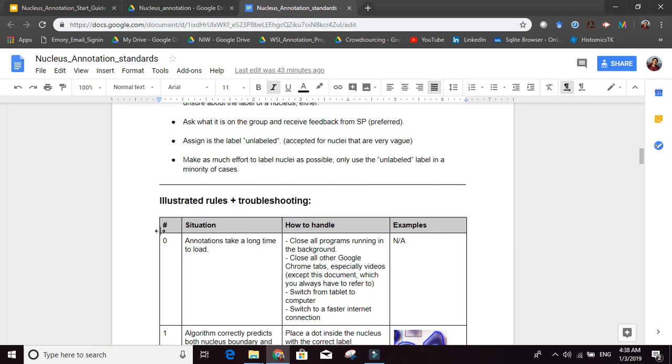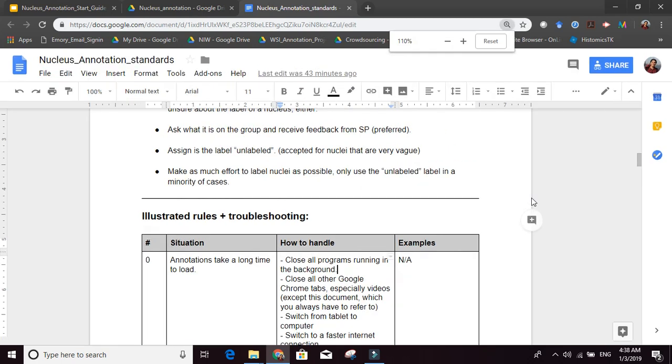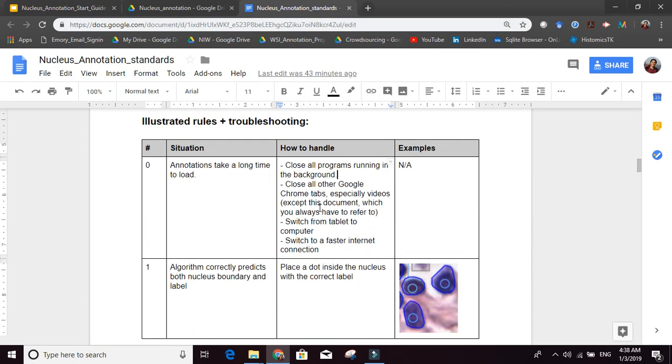So this is just some troubleshooting. What if it takes a long time to load, like you've seen with me here? First thing you need to do is close background applications. In my case, I'm running a video recorder in the background. I was having Google Documents and Google Sheets open.